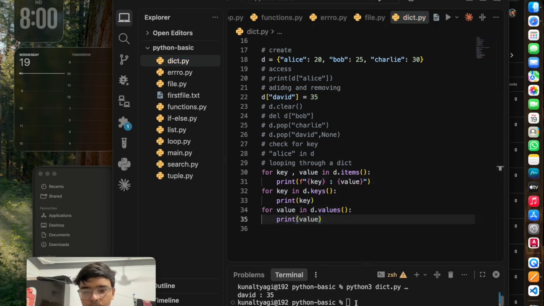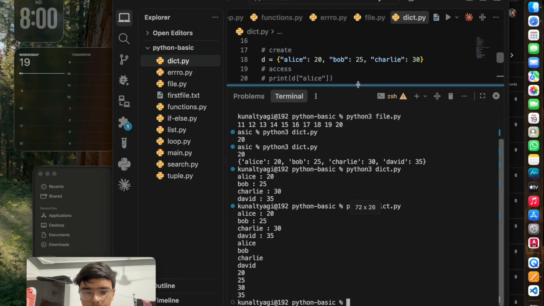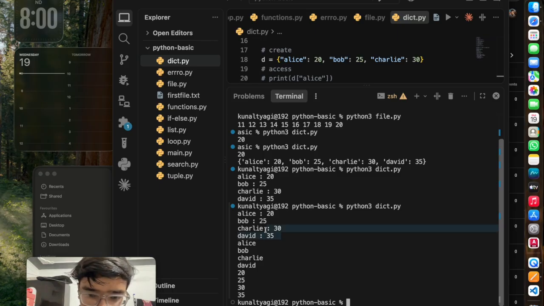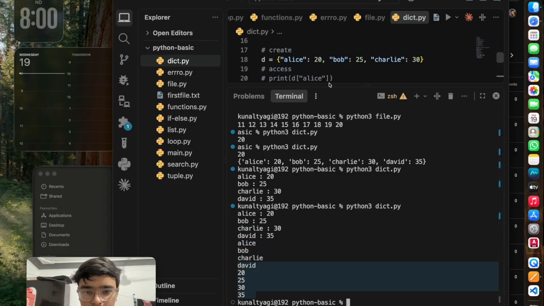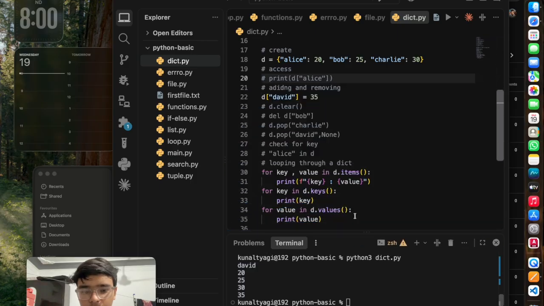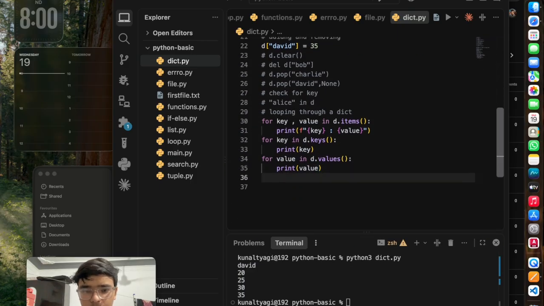So if I just show you, now you can see. First we got our dictionary with values and keys both, then only keys, then only values. So this is how you can loop through a dictionary.